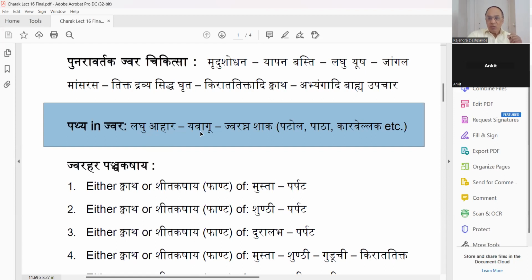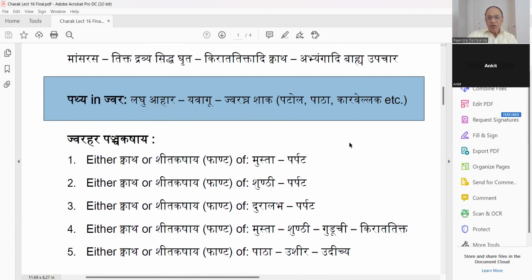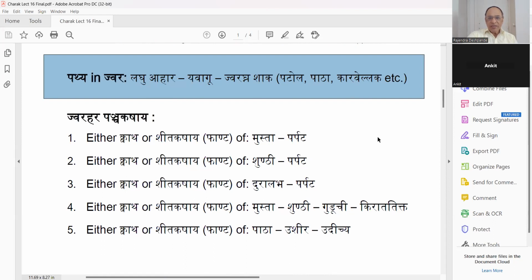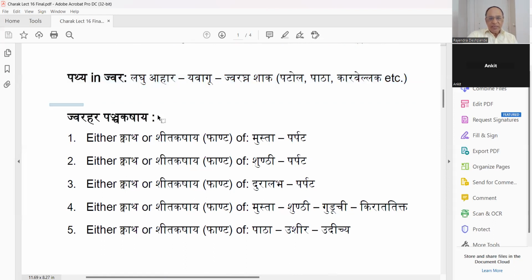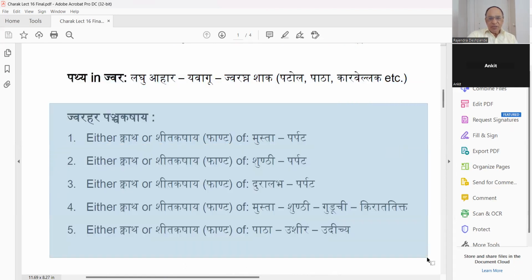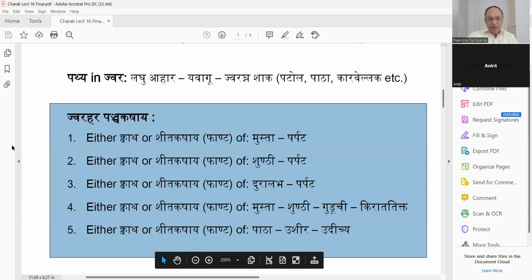You can take the yavagu, the soft rice, rice gruel बोलते हैं, और ज्वरघ्न शाक, शाक का मतलब वेजिटेबल, जिसमें पटोल आ जाता है, पाठा आ जाती है, कारवेलक आ जाता है। इसका इस्तेमाल बिटर टेस्ट होने के कारण we can use these particular vegetables. Now आगे चलते हैं।